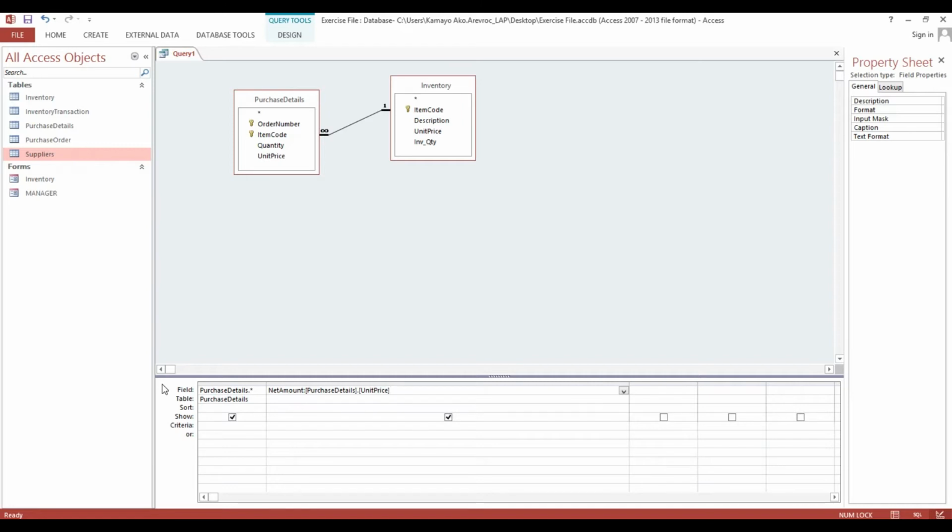then Unit Price times the Quantity, which is from Unit Price here, from Purchase Order, Unit Price times Quantity equals the Net Amount, Quantity. Okay,